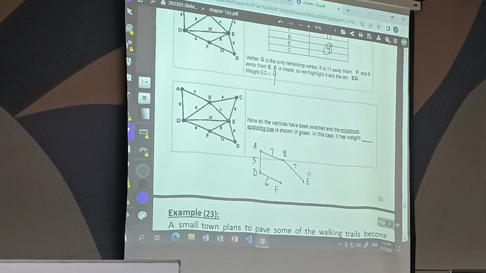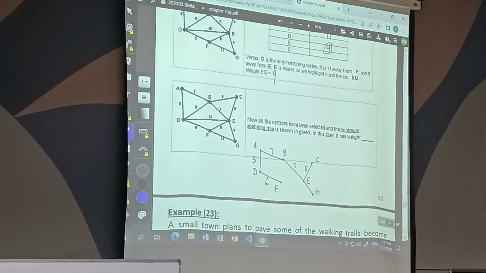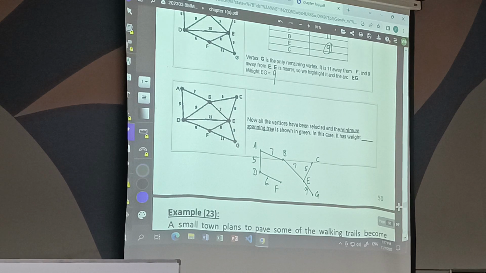EC. 5. EG. EG 9. That's all? Okay. So we have this as our minimum spanning tree, and the minimum total weight will be equal to